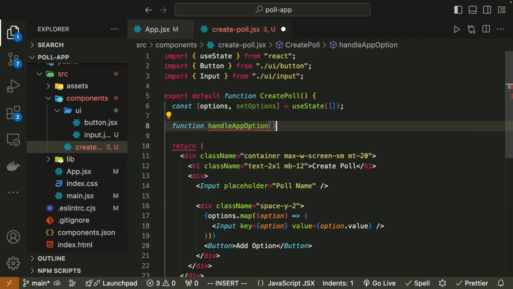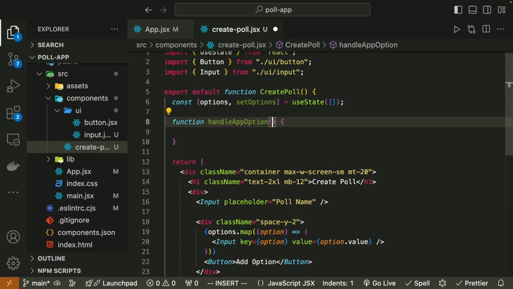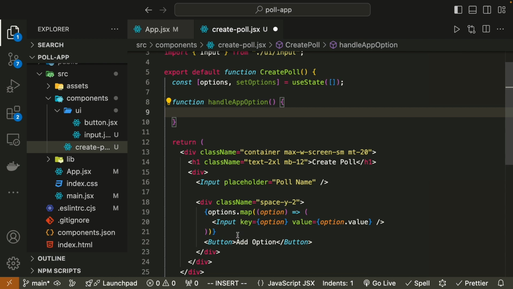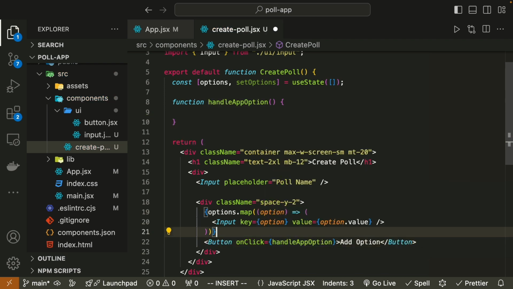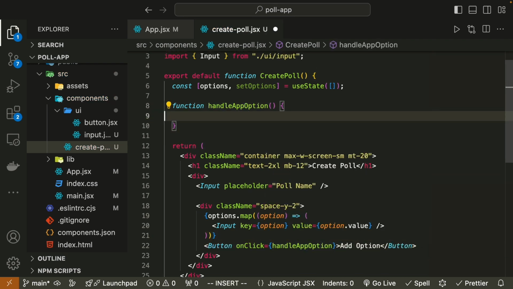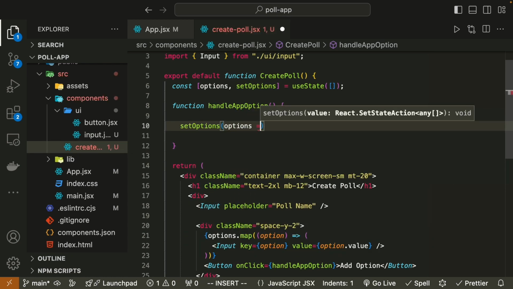these are all related to React, right? If you are familiar with React, then these are very simple stuff. On click, handleAddOption, and if you are clicking on that, so let me just do this: setOptions, options goes to, let me